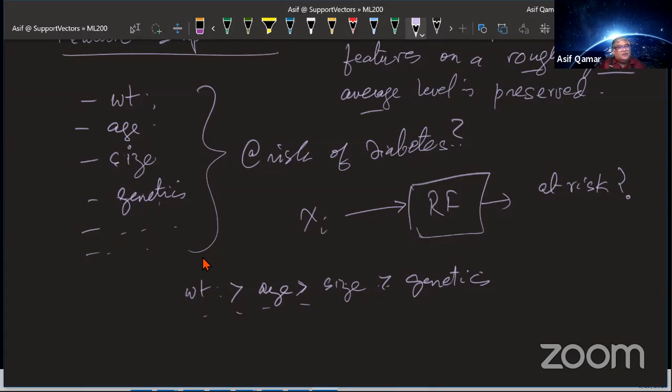So for example, in different regions of the feature space, for example, this region of the young